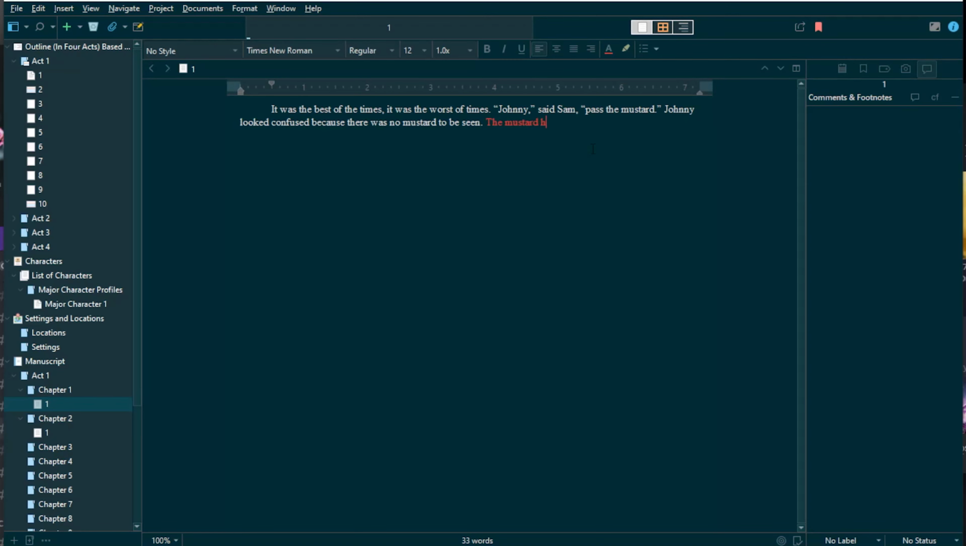The mustard had abruptly left the table. Since when did mustard have legs? You can see this is my revision 1. I'm adding this in. Well, let's say